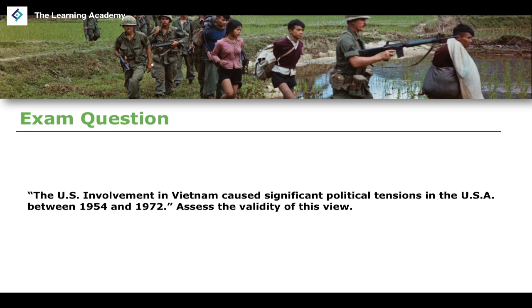You can also talk about the Cuban Missile Crisis in 1962. Of course, this was a very significant foreign policy decision that was taking place under Kennedy and Khrushchev. And then another one that there is plenty of evidence for is, of course, the political tensions that took place as a result of the growing civil rights movement from the early 1950s all the way up to 1972 as well. And there's obviously plenty of evidence that you can use for that.